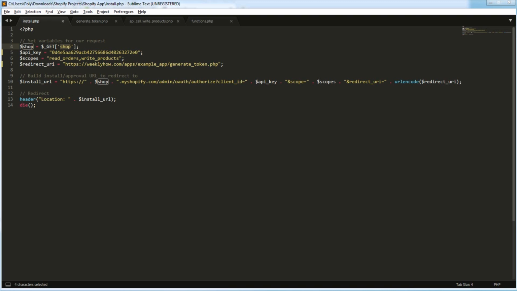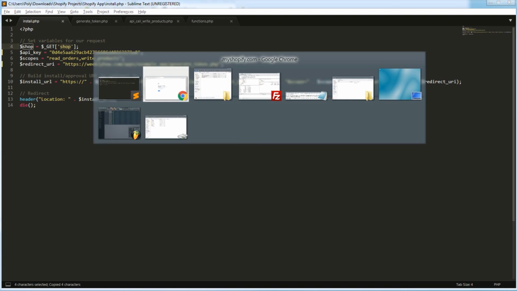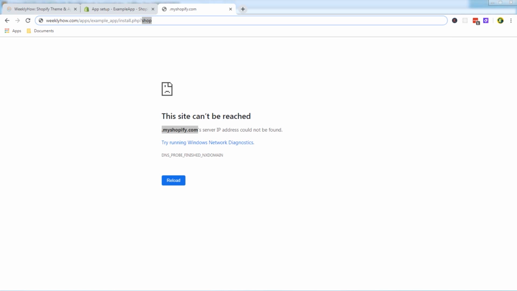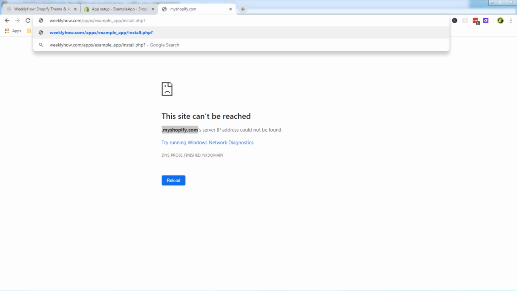So to do that, copy this and then make sure there's a question mark, and then shop and then an equal sign. Shop equal sign and then the URL of your Shopify store, but without HTTPS or HTTP. Just the plain your store dot